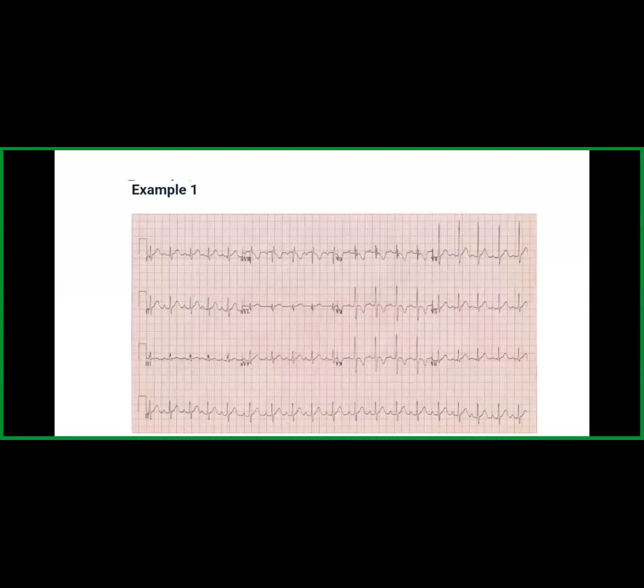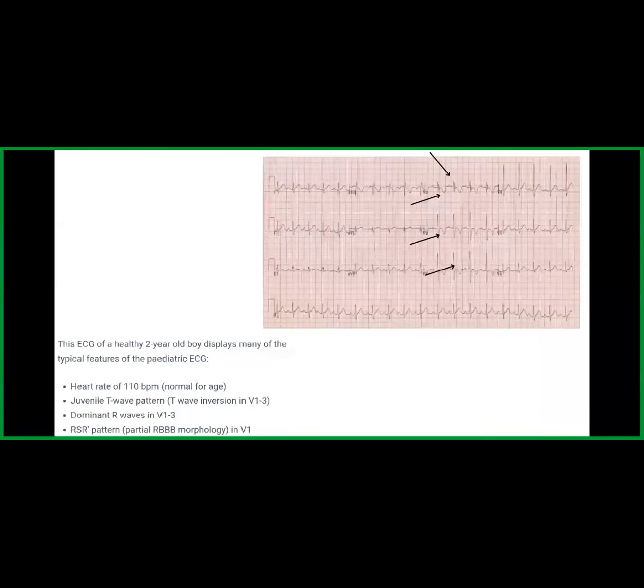Going on to understand what we are talking about, let us see the first example. This is a 12 lead ECG with leads 1, 2, 3, AVR, AVL, AVF, and V1 to V6. This is a common ECG which all of us have seen in our practices. When we look at this ECG,